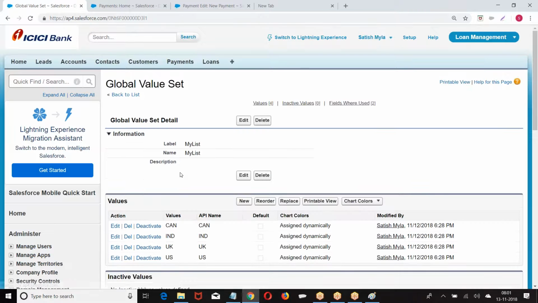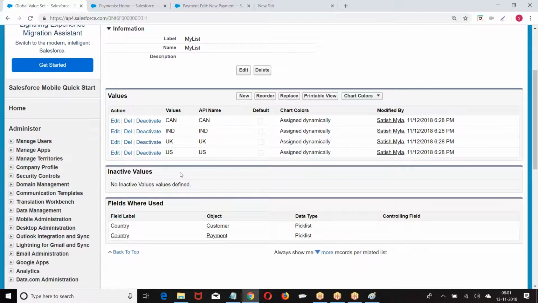I hope you are good with this. I can add, I can remove from this location. Controlling multiple pick list fields from a single point. I hope you are good when they have the same set of options. When you want multiple pick list fields to have the same set of options, I will create the options like a pick list value set. Then we will assign this value set to the pick list. Everyone has followed? Either you enter all the values or use the pick list global set. Everyone is good with this, right?